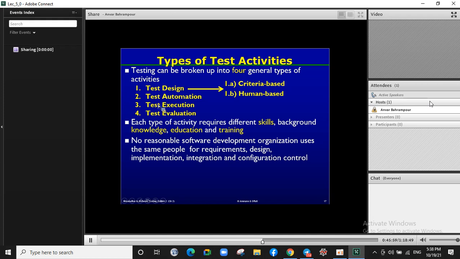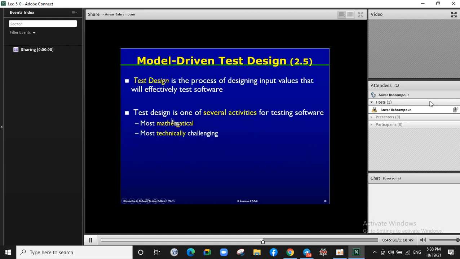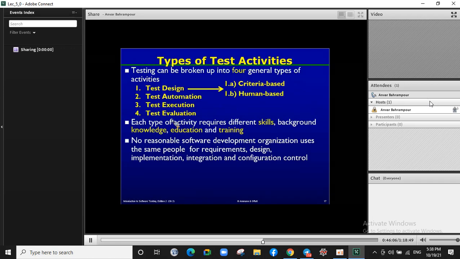So in the test evaluation activity, we compare our observation from the execution of software for each test case with the expected behavior described in the requirement document and specified by the design models, and we evaluate that each test case